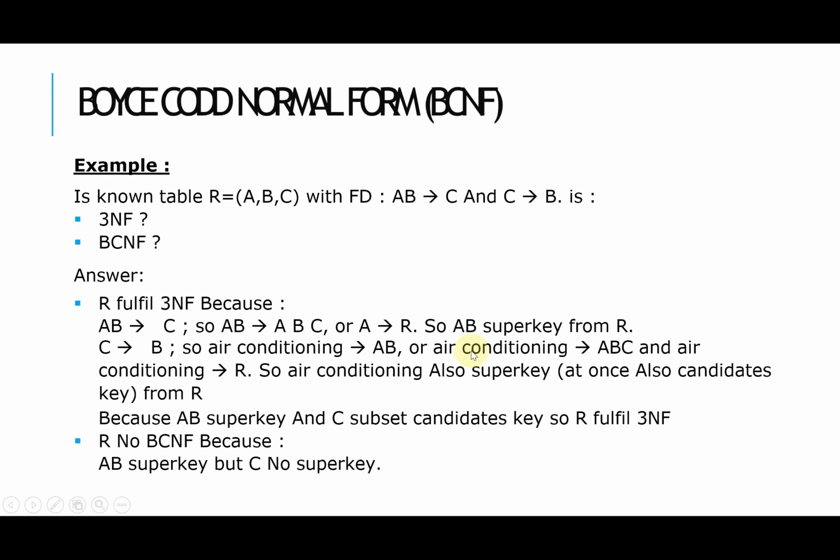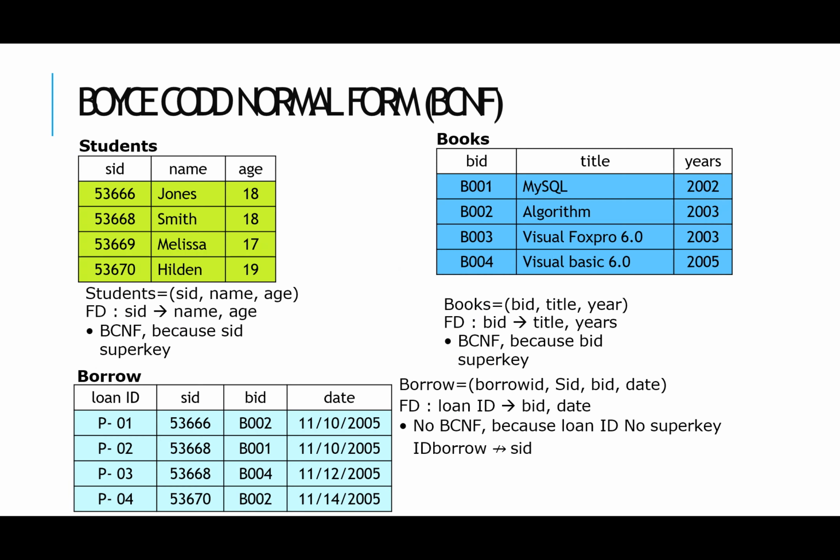So we can see the example. For example, we have the student table, we have the books, and we have the borrows. Okay, student has the SID, name, age. Okay, we have determinants SID for name and age. Okay, it is BCNF because SID is a super key,